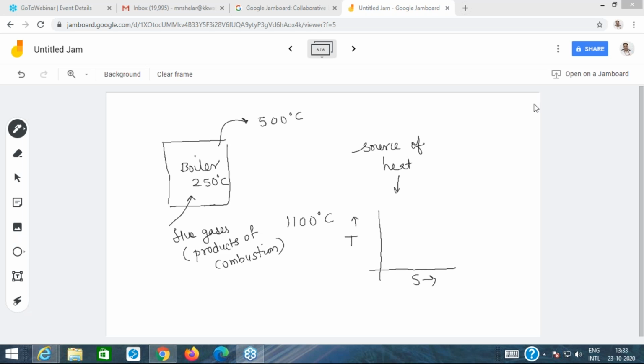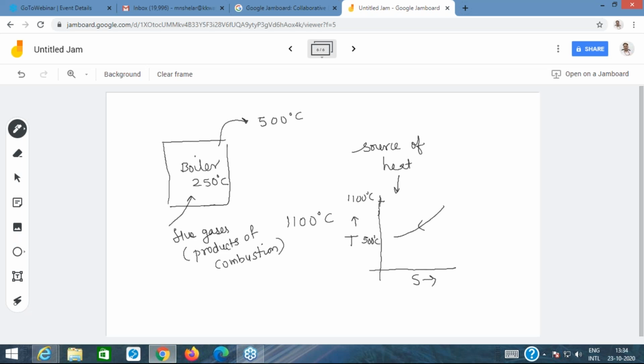Who has answered this? Let me see. Entropy has reduced. Okay, Tanaya has answered this, correct. The temperature would decrease and entropy would also decrease. So if I want to represent this on a temperature entropy diagram, it would look somewhat like this. Earlier the temperature was say 1100, and now it is 500 degrees centigrade. Okay, correct,